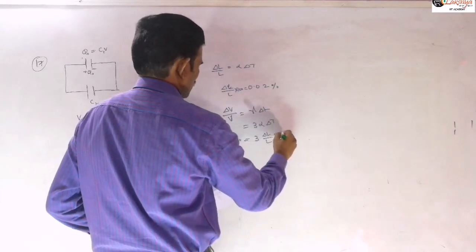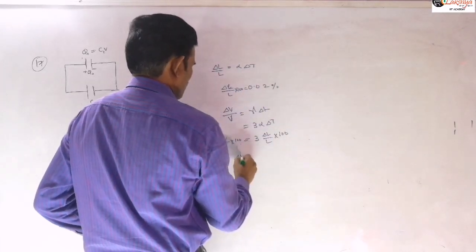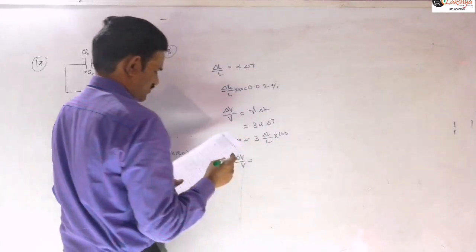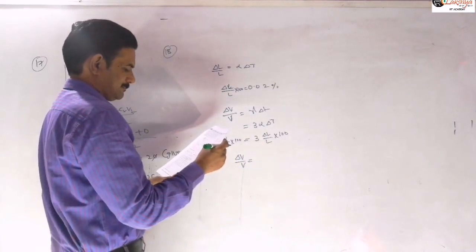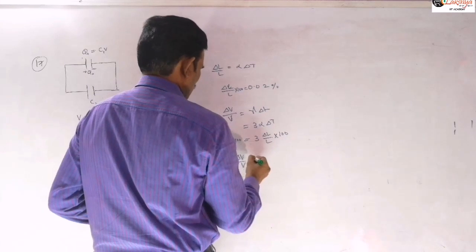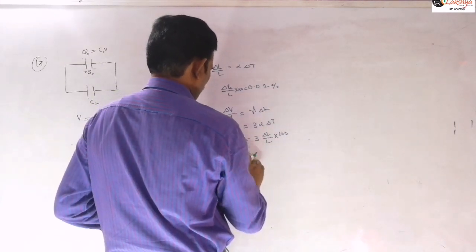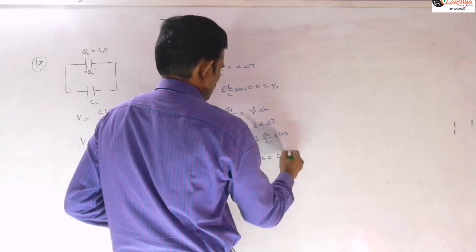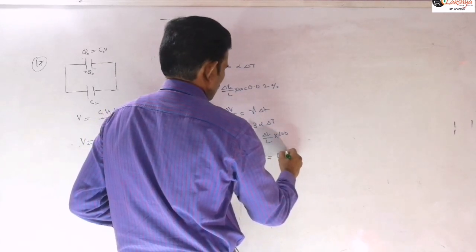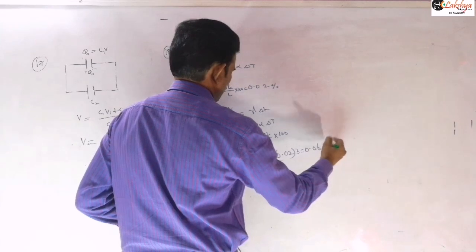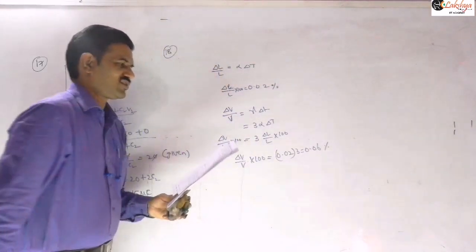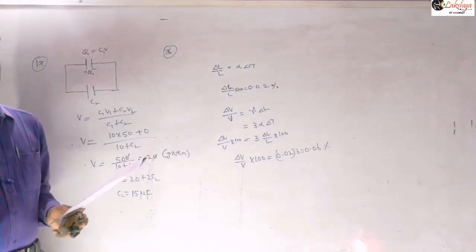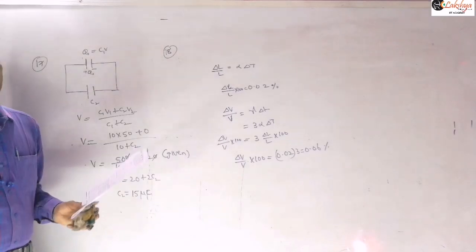So this is into 100. So then this percentage change in volume will be equal to, so then this value I can write this as delta V by V into 100 is equal to 0.06%, right? So that is the percentage change in volume. And then percentage change in density, you will get the same amount there.